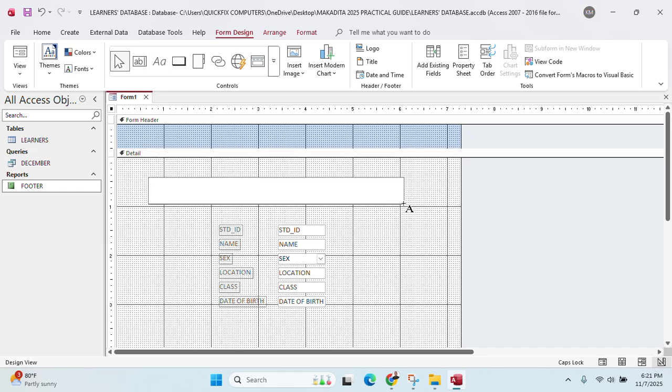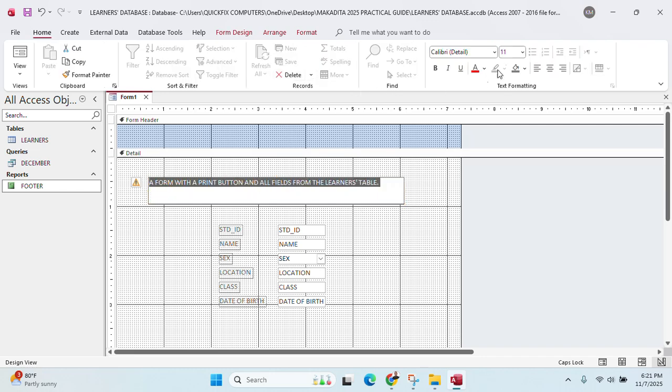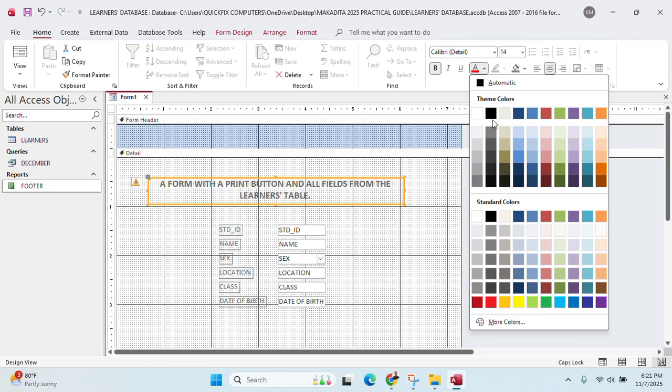of my form. I type form with a print button and all fields from the learners table. So this is my heading for the form. I can just highlight the heading once again. I go to home, I give it a bigger size, like 14, and then I can highlight it once again. I put it in the center, bold, make it a heading